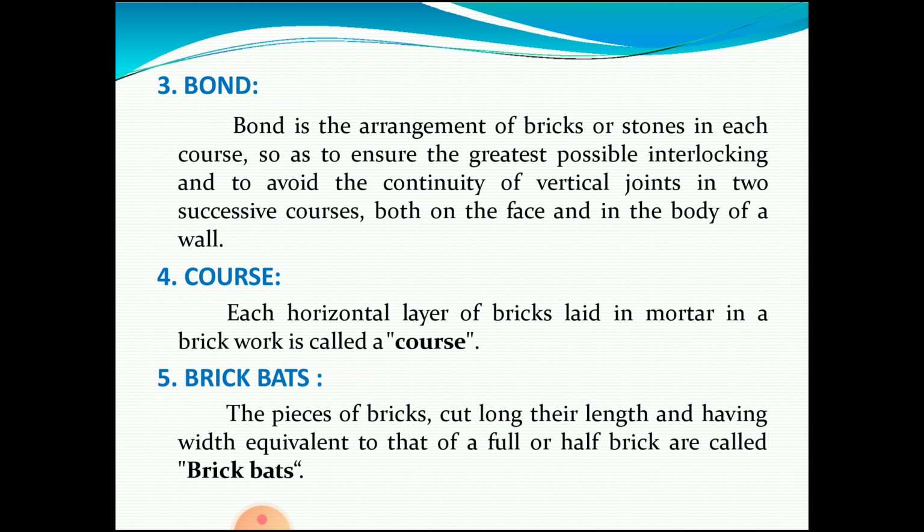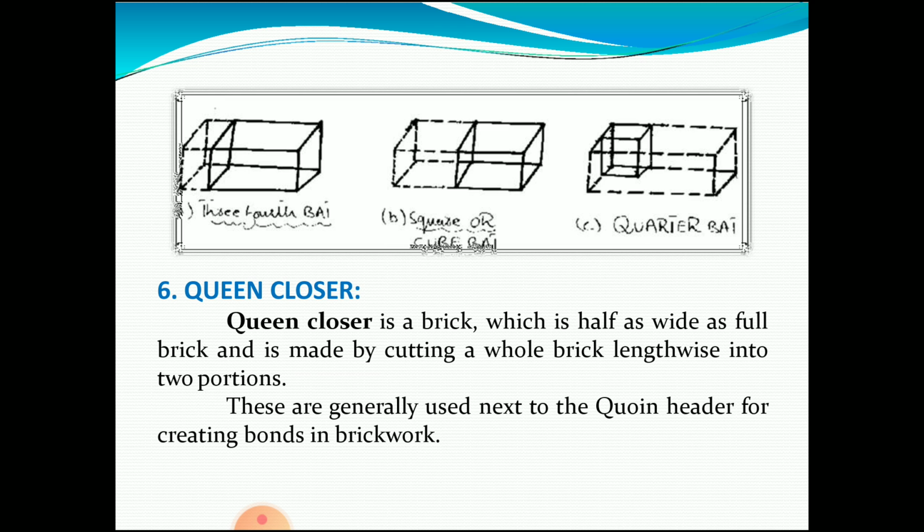Now the fourth important point is the course. Each horizontal layer of bricks laid in mortar in a brickwork is called a course. Then brick bats. The pieces of bricks cut shorter than their length and having width equivalent to that of a full or half brick are called brick bats. A small piece of a brick is also called a brick bat. See here, these are the pictures of the